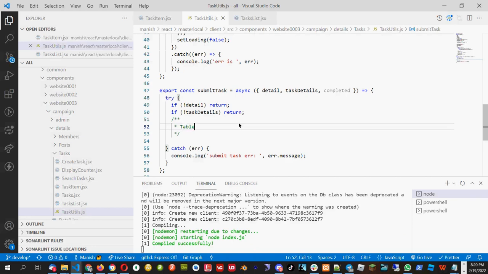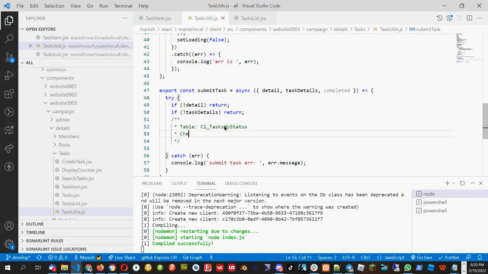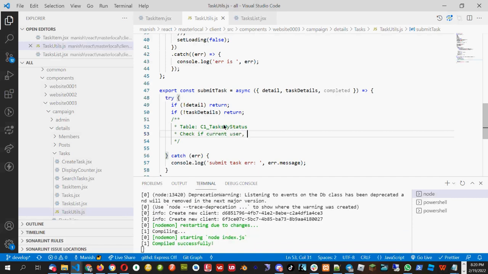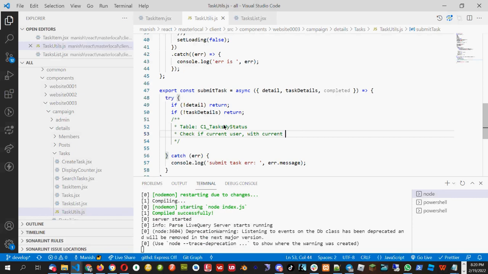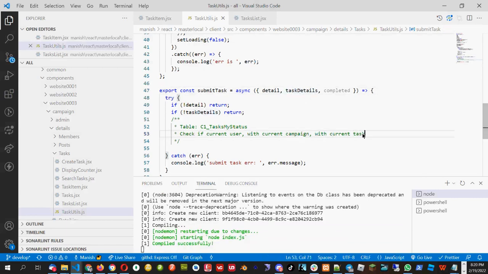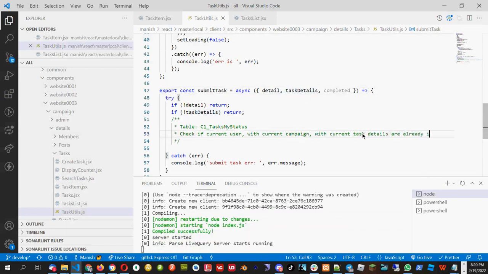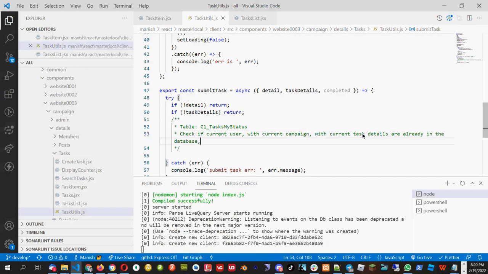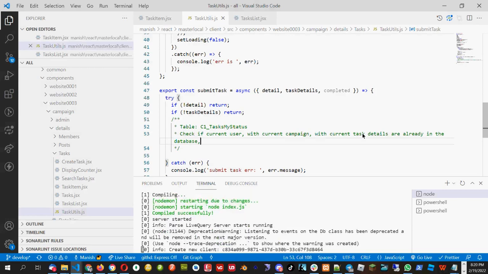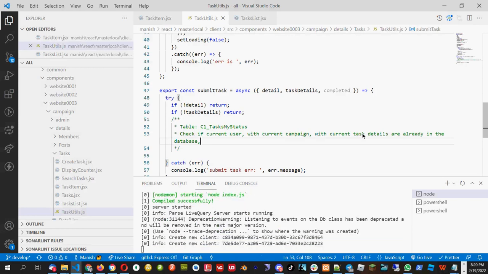So I will check, table name is this one. Check if current user with current campaign with current task detail, this task detail, are already in the database. So we have to first check if user has already completed this task or not completed this task, but the record is in the database. If record is in database,